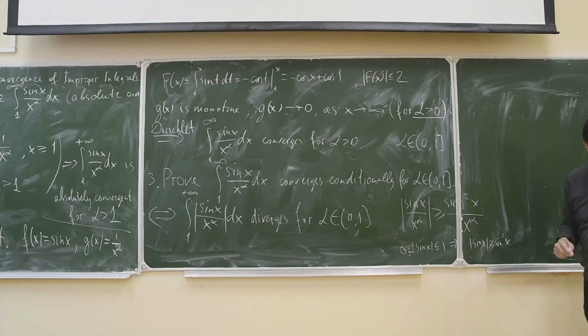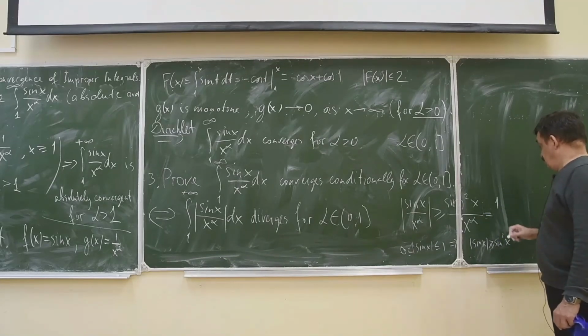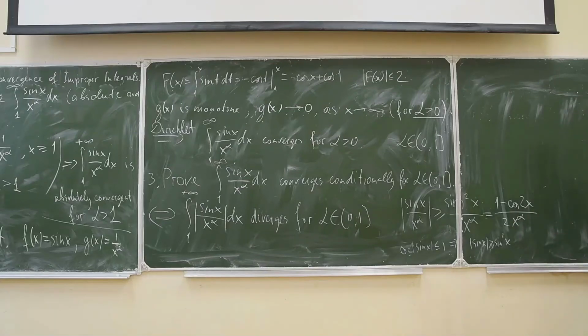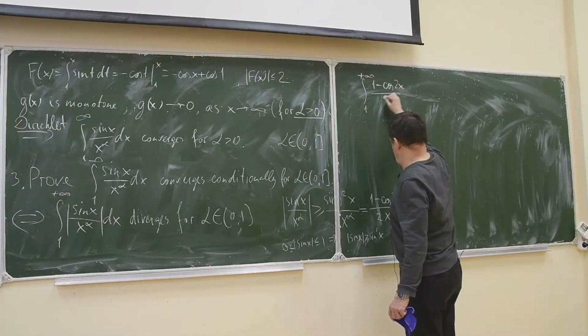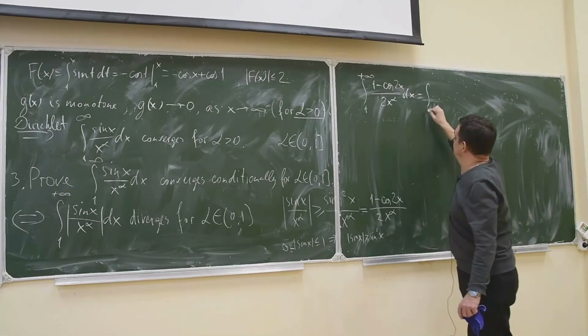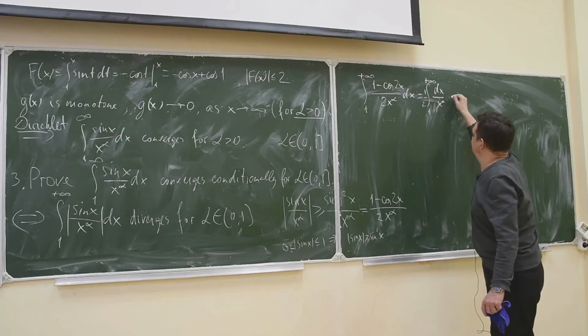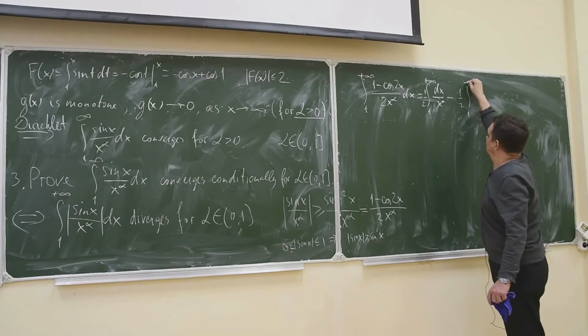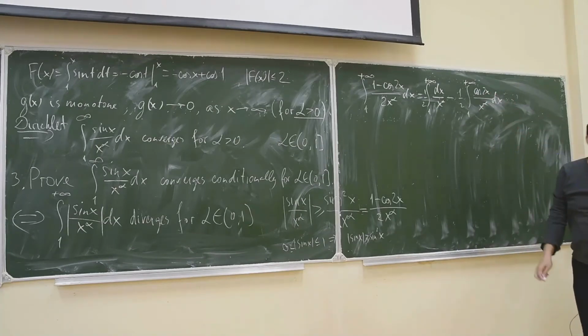Now look, we know what sine squared is. We can represent it using trigonometric formulas: 1 minus cosine 2x over 2x power alpha, right? And now look, the integral from 1 to infinity of (1 minus cosine 2x) over 2x power alpha dx equals the integral from 1 to infinity of dx over x power alpha times 1/2, minus 1/2 times the integral from 1 to infinity of cosine 2x over x power alpha dx. Now look,